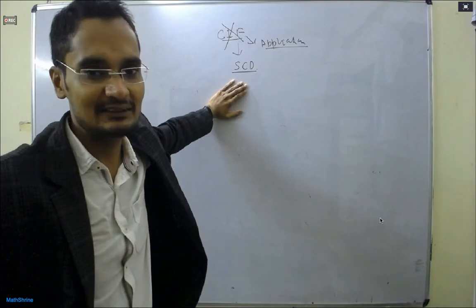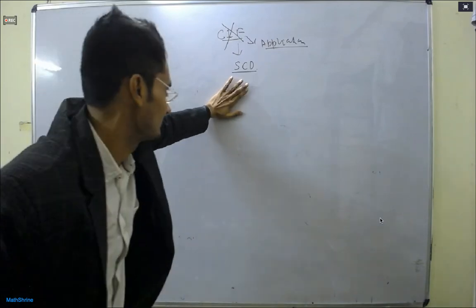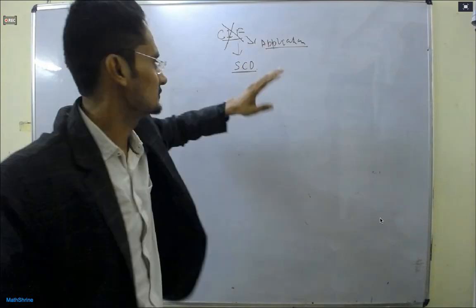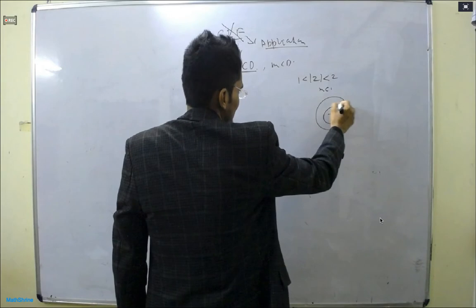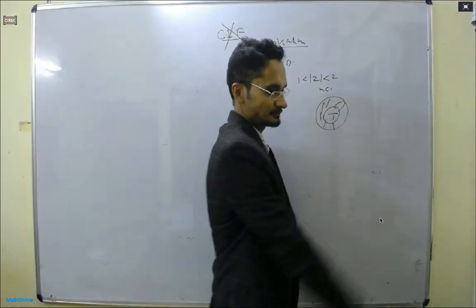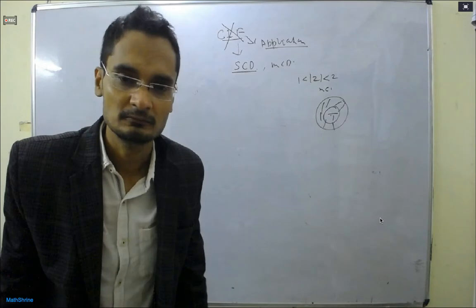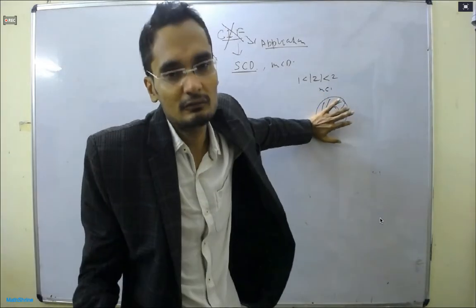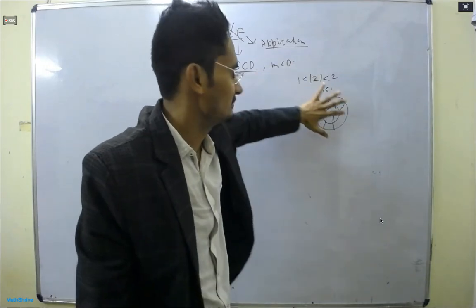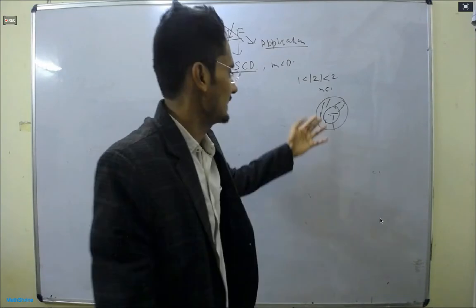I had already described what a simply connected domain is and what a multiply connected domain is. I had given you the example: mod z less than 2 and greater than 1. This is multiply connected, meaning outside of the unit circle and inside the other circle. So this is the region. If we push a curve from outside and shrink it to a point, it will go outside of the domain. We say it is multiply connected. Or simply, a region without a hole is known as simply connected. A region with one hole we say is doubly connected. If we have 2 holes, it is triply connected, and so on. There are many ways.